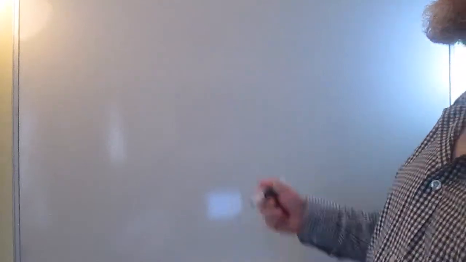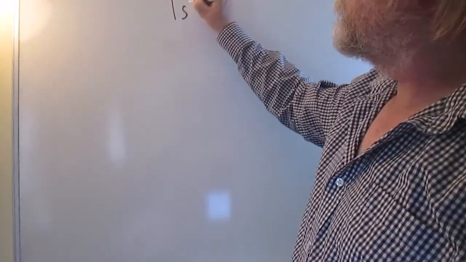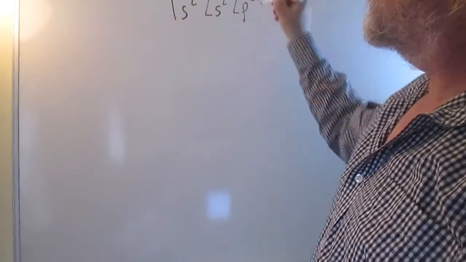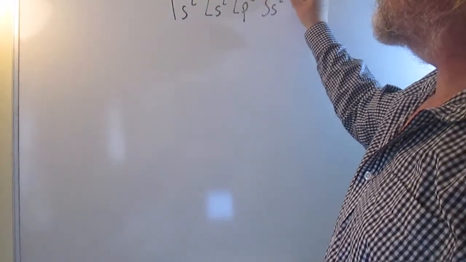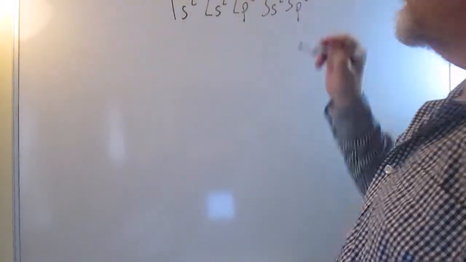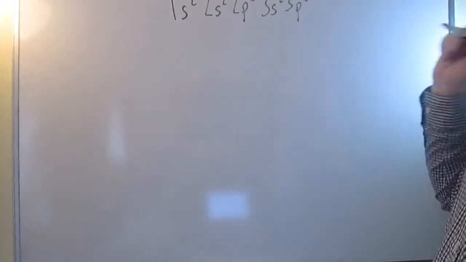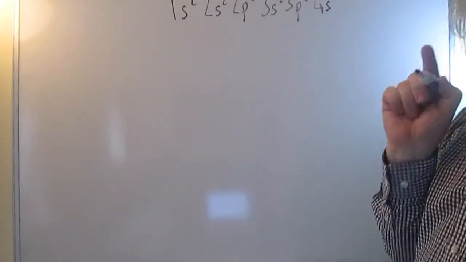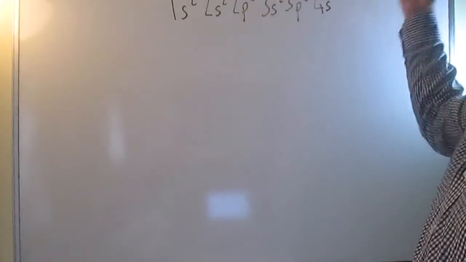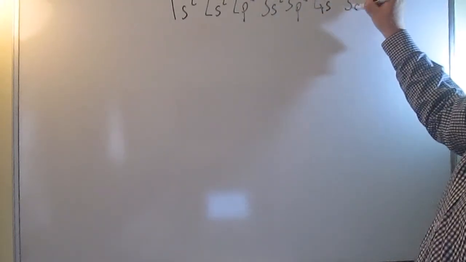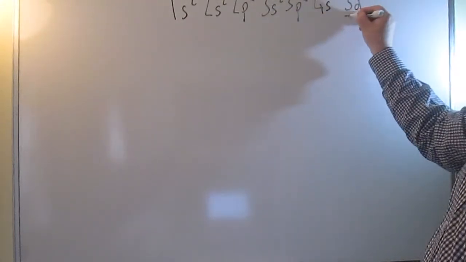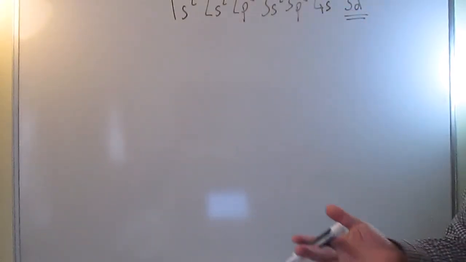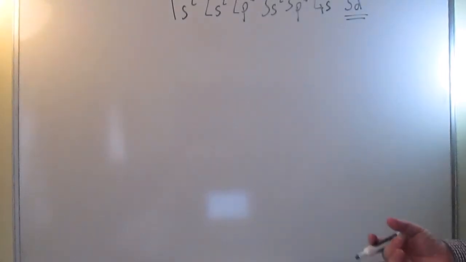Electron configuration of manganese. Remember, just read across your periodic table: 1s2, 2s2, 2p6 takes you across the second row, 3s2, 3p6 takes you across the third row, and then we get to the one where manganese is, and you have to remember that it's 4s2, but it's 3d5 in this case, not 4d. So that's the highest energy subshell in manganese, so the answer is that there are no 4d electrons, and so